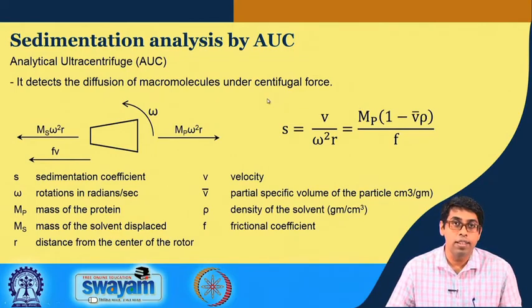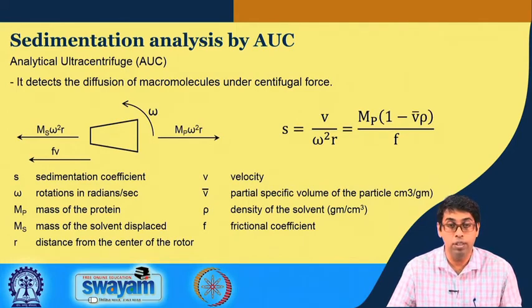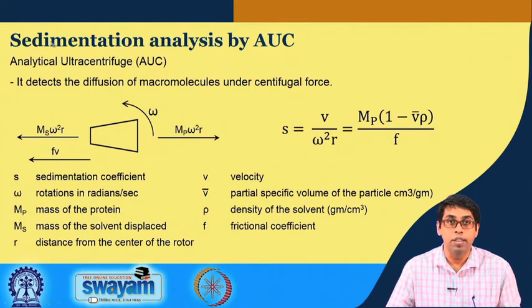Sedimentation analysis is another experiment which can give us a lot of information about your protein size, molecular mass, and also shape. The typical instrument that is used is called an analytical ultracentrifuge. Ultracentrifuge because the samples are spun at a very high frequency, a minimum of 40,000 rotations per minute, and it can go up to 60,000 rotations per minute. And while the sample is under this centrifugal force, it is monitored in real time. That is why it is called an analytical ultracentrifuge.